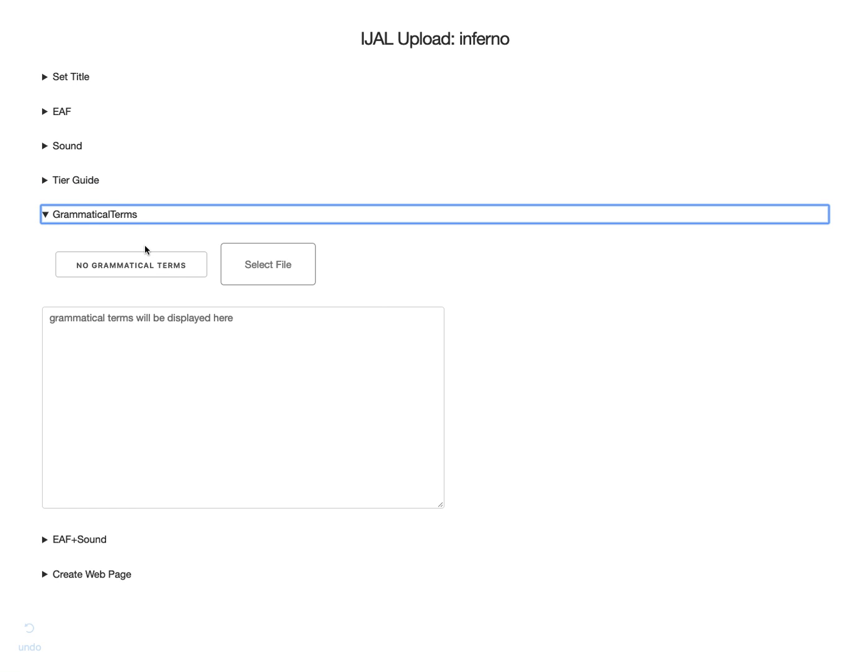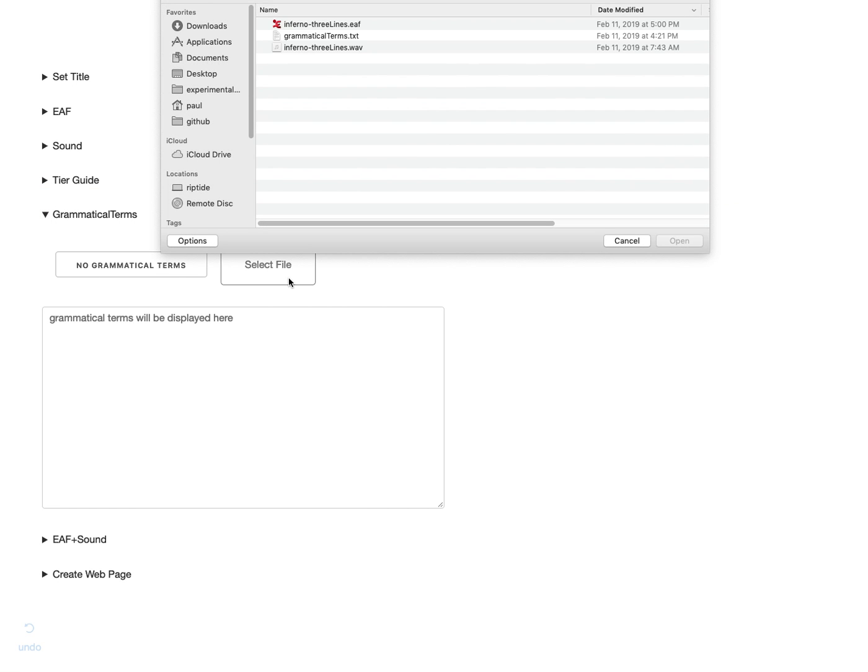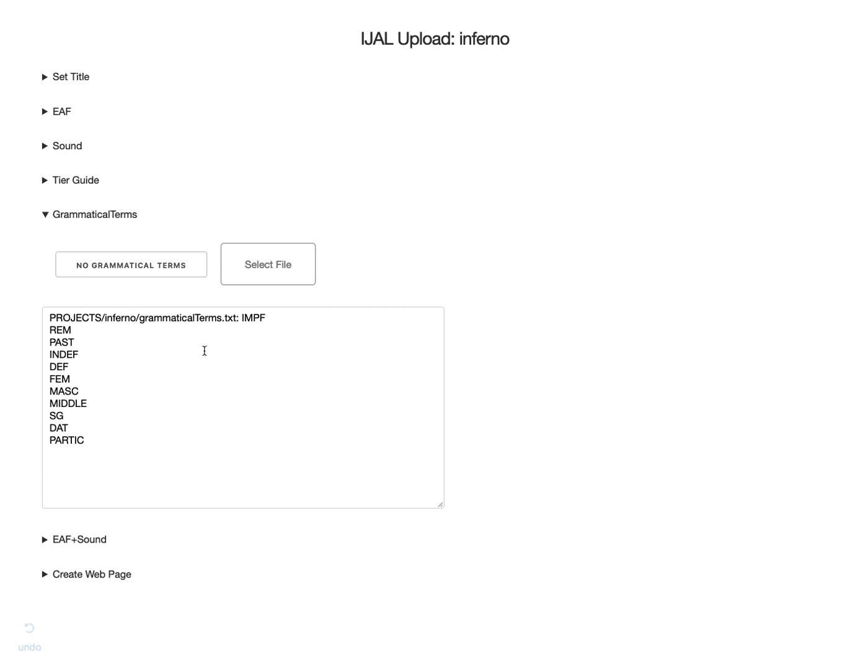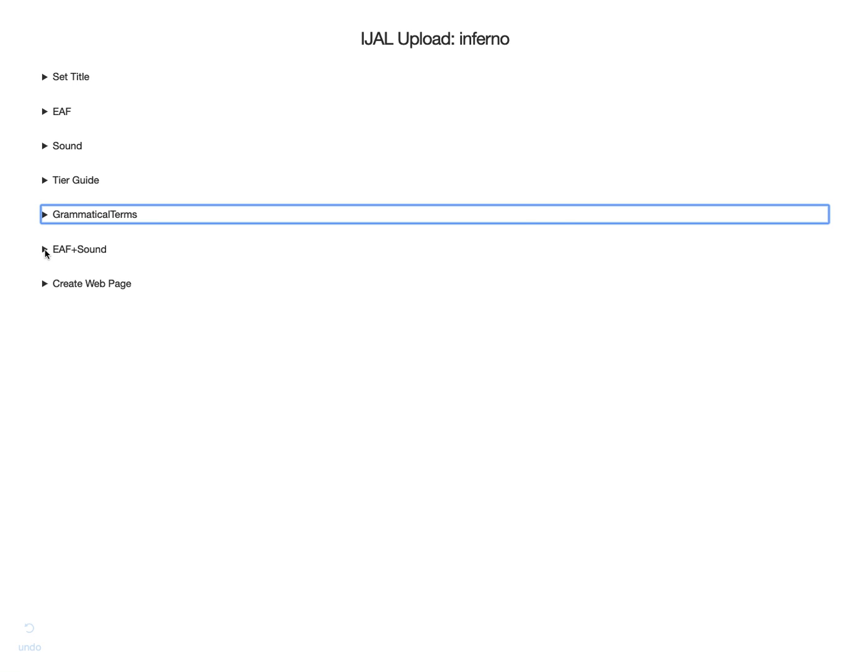Now the grammatical terms are semi-standard linguistic terms that are highlighted in the eventual HTML display. This will be clear here. These are the ones which were used in our transcription of the first three lines of the Inferno. And so now we can close this item. Move on to